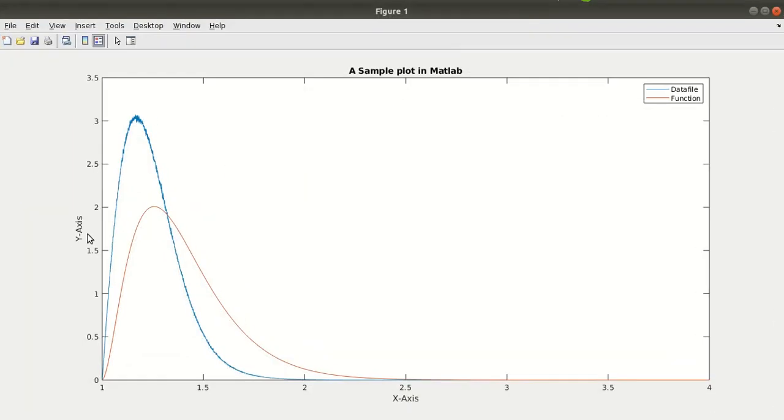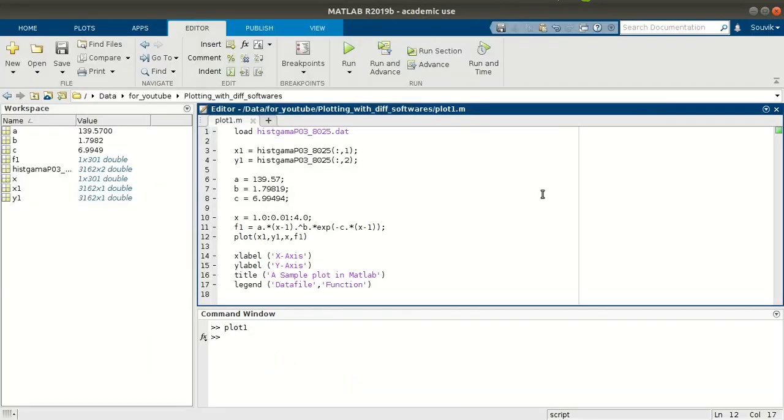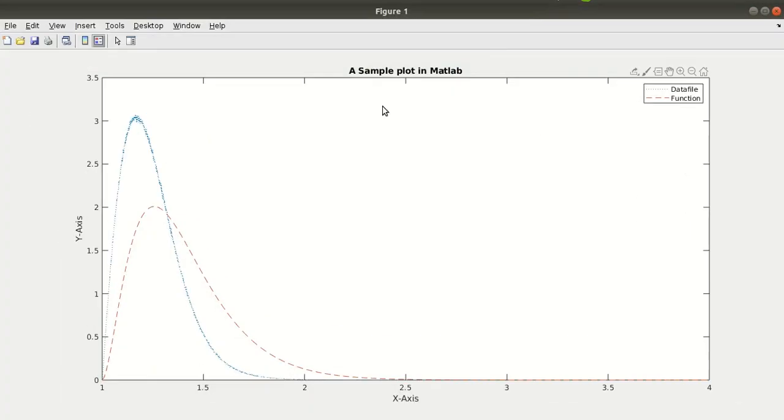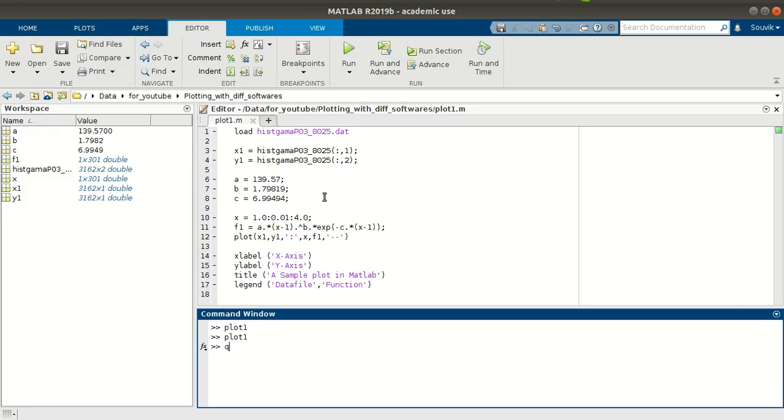Okay, nice. So you can see you have the y-axis here, the x-axis, and the sample plot in MATLAB, and then these legends. Now you can do more, which is basically you can also specify the type like I did in Python. So the type of plot, and here let's say I want to plot it with dash, and then again run it. Yeah, so now you can see it is plotted with these two particular types, right? So this is basically the thing. Okay, and this is how we plot in MATLAB.